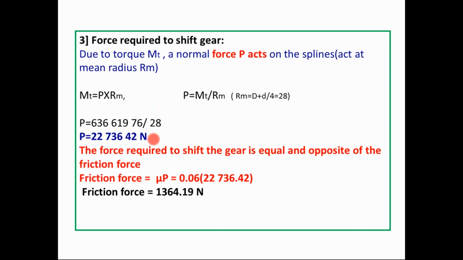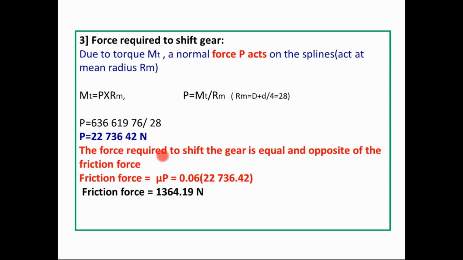And then another, I have made some mistake. I have not written the decimal point here. You can check it. I have used the force value 22,736. That means the point is remaining. So it is 22 kilonewton. Okay, no problem. How much is the force? 22 kilonewton. Otherwise, the problem statement may be wrong. Look at this. Force, you can calculate Mt is equal to force into rm. Rm means mean radius. Substitute, you will get the force 22 kilonewton. You can check it or you can do the calculation. The point is remaining here in between 6.42.